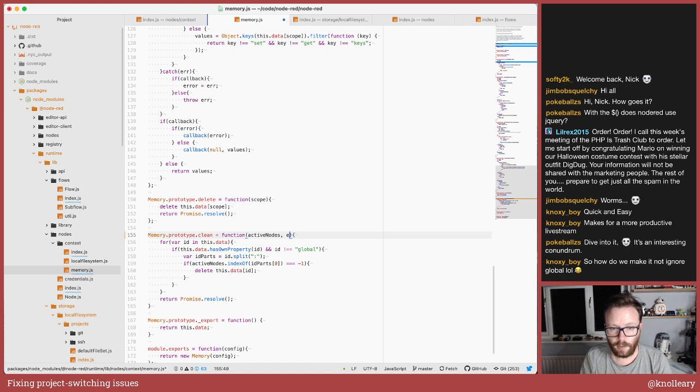Adding another property here doesn't, well, assuming no one's written bad code that calls clean with 2 arguments, which would be ignored today, you'd be fine. But we can't